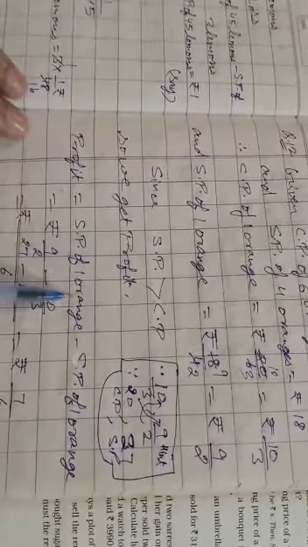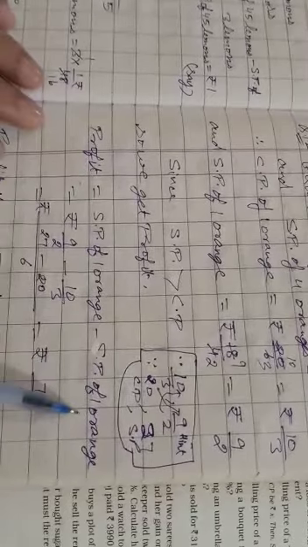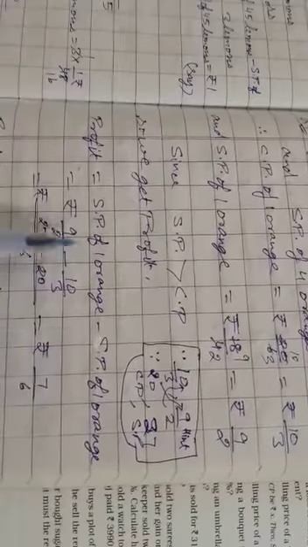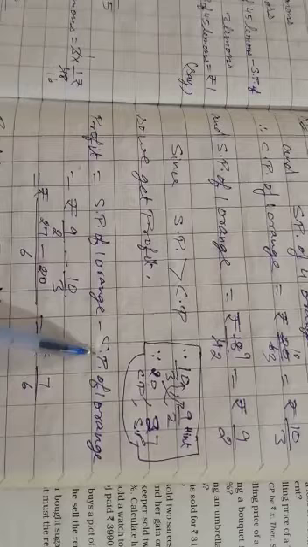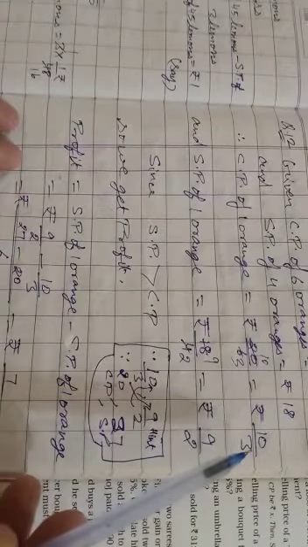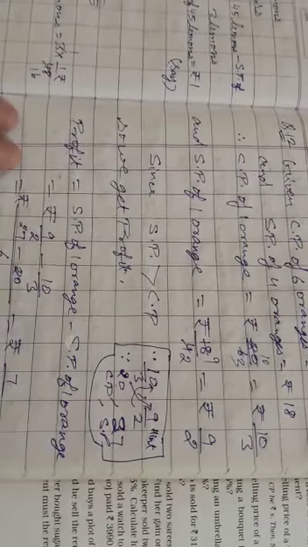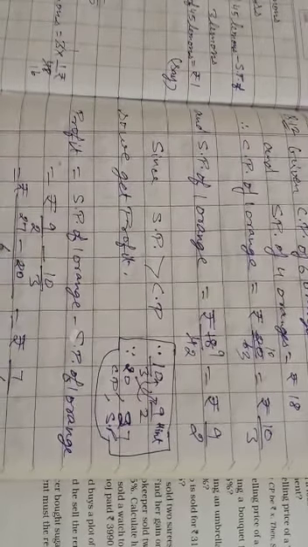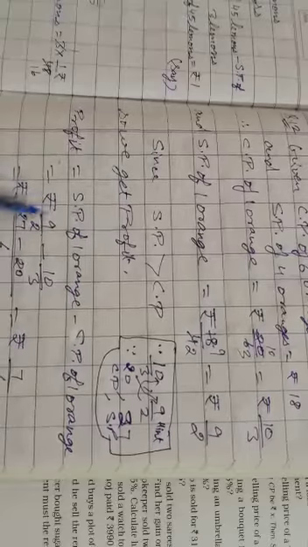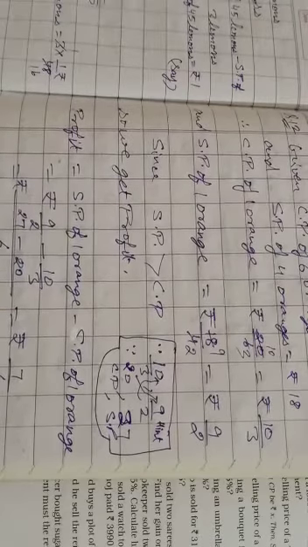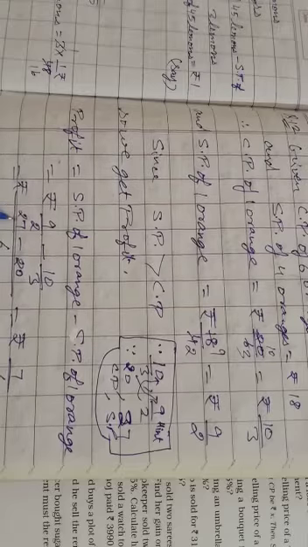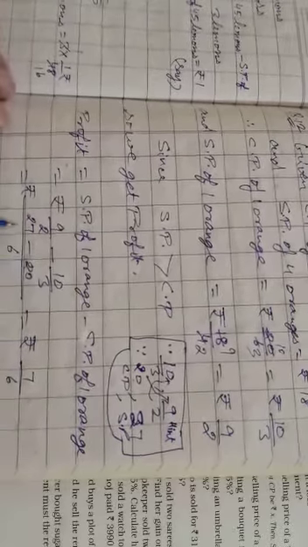Profit is equal to SP of 1 orange minus CP of 1 orange. SP of 1 orange is 9 upon 2, so we write 9 upon 2. CP of 1 orange is 10 upon 3, so we write 10 upon 3. Take 6 as LCM. 2 threes are 6, 3 nines are 27, minus 3 twos are 6, 2 tens are 20. 27 minus 20, that is 7 upon 6. Rupees 7 upon 6.